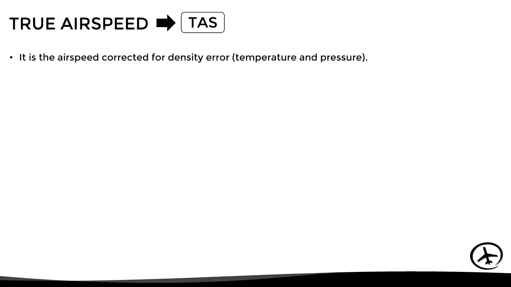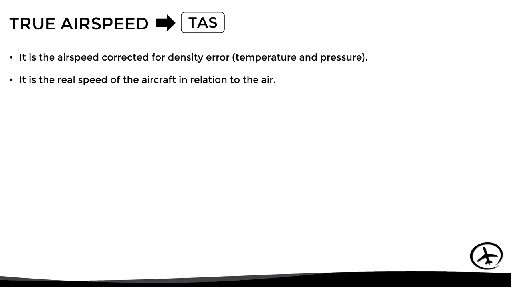The true airspeed, abbreviated as TAS, is the airspeed corrected by density error, and as we know, the density of air depends mainly on temperature and static pressure. We can also say that this is the actual speed of the aircraft in relation to the air, since we've already applied all necessary corrections. So, in order to know how to apply this density correction, it is necessary to first understand how density behaves